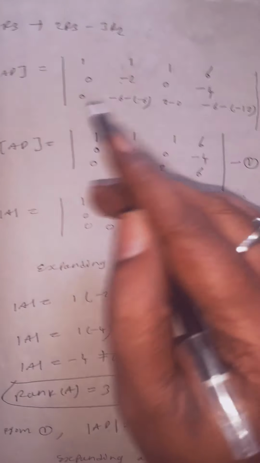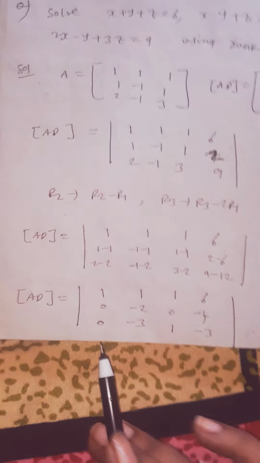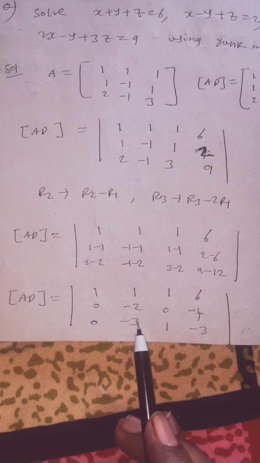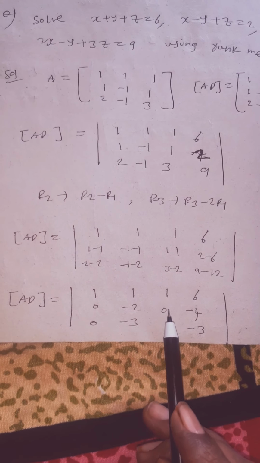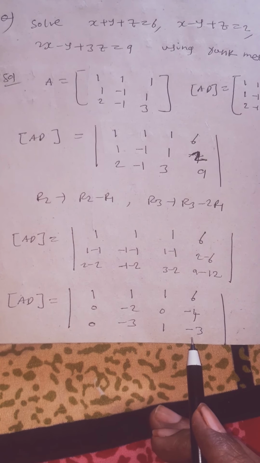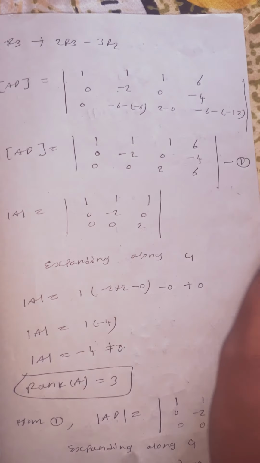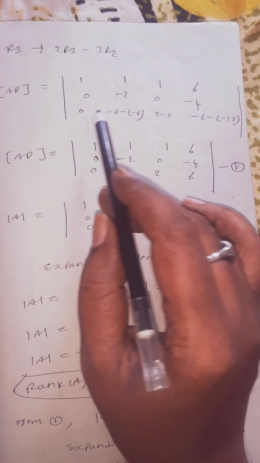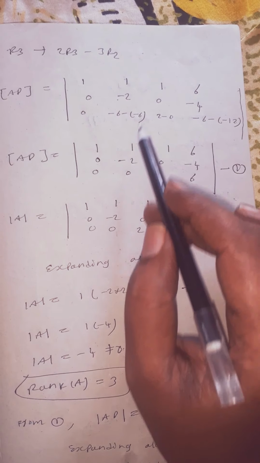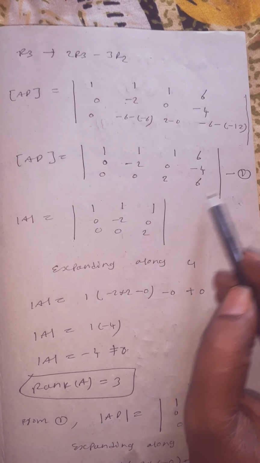So I wrote the first row as it is, the second row as it is, third row 0 minus 0 is 0. Next, minus 3 into 2 is minus 6. Minus of minus 2 into 3 is plus 6. Next, 2 into 1 is 2, minus 0. Next, minus 3 into 2 is minus 6, minus of minus 4 into 3 is 12. So that only I wrote here, children, see. The first row I have written the same, the second row I have written the same. Here the third row is 0, minus 6, minus of minus, plus 6, 0. 2 minus 0 is 2, minus 6 plus 12 is how much? Plus 6.